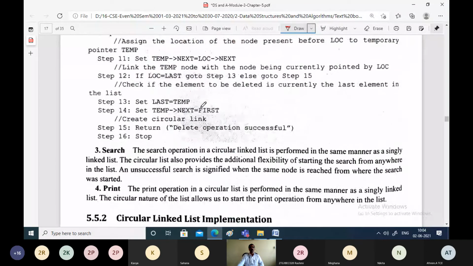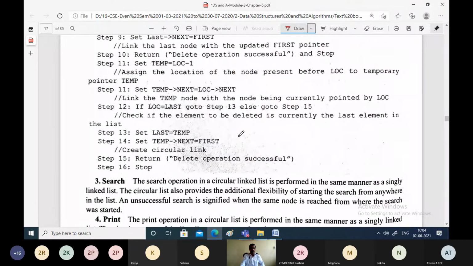This is self-explanatory, so I will go with the code directly. I'll take some existing circular linked list and just explain the logic steps. Everything is very similar to the singly linked list. The only difference is that you have to take the next field of the last node and make it point to the first node. That's it.